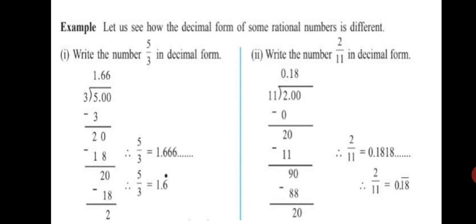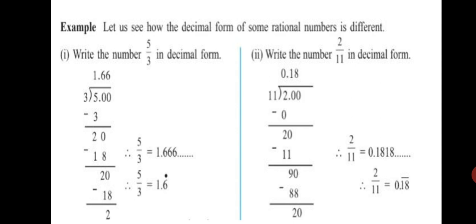Again 3 6s are 18. 2 is the remainder. So you will see that 2 is the remainder every time now. That means 1.666 will go on. 5 upon 3 is equal to 1.666 and so on. Therefore 5 upon 3 is written as 1.6, where 6 is written only one time and on 6 you have to put a point showing that it is repeated. So whenever you write the answer in this form, 1.6 with one dot on top of 6, it indicates that the number 6 is repeated in the quotient.